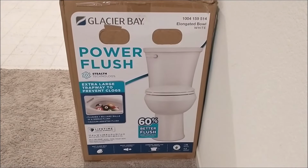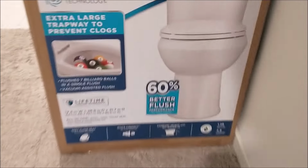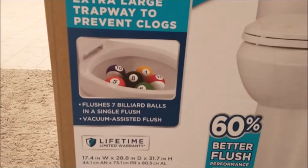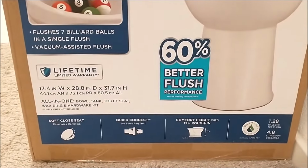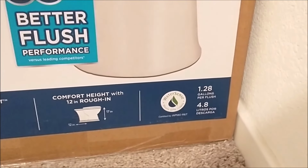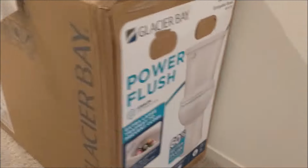Hey, the other day I saw on YouTube that there's a Glacier Bay power flush that can flush 7 billion balls, and mine keep clogging. So I took mine out and bought this one and hope it will flush better. Also, this one has 1.28 GPF instead of the standard 1.6 GPF, which saves me some water and lowers